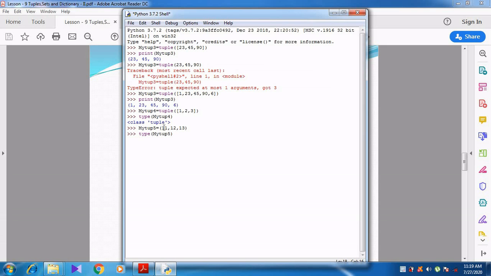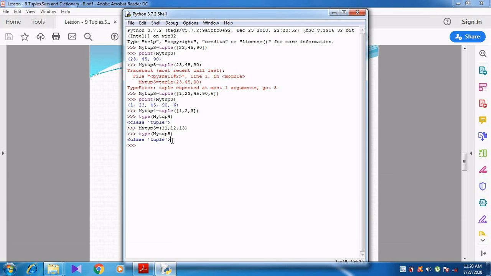When I press enter, class tuple. Simply I give the values within the parentheses, and then I use the type function to show which data type it belongs to. So whenever I give the values within parentheses, that belongs to the tuple data type. So that's what it shows, class tuple.